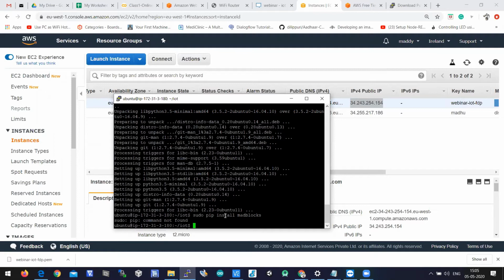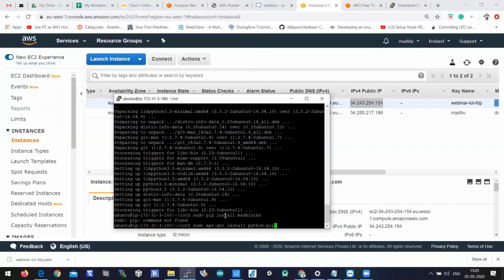So let's install pip. First, sudo apt-get install python-pip. When you get this message, command not found, it means the package is not there, so we have to install the package.